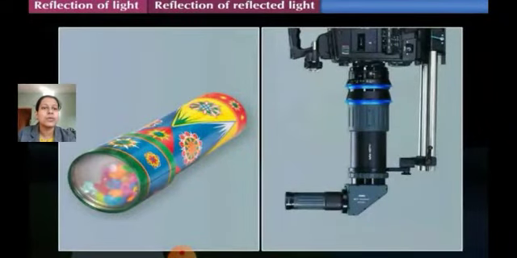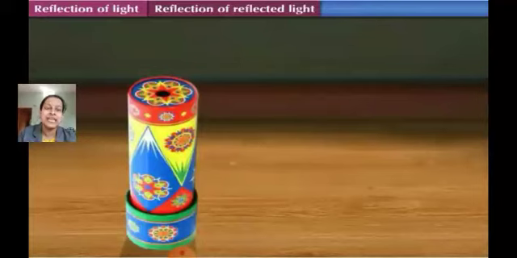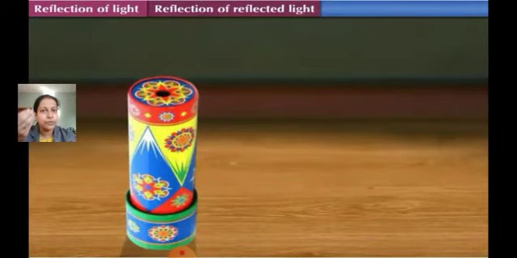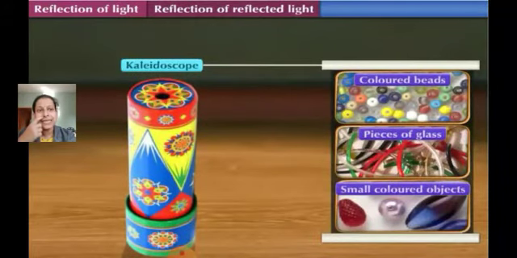You can see here two objects. Let us study in detail both of these objects. The first one, you might have seen this box like thing, which is called a kaleidoscope. If your parents brought one for you to play with, you might have seen so many colorful images formed inside it. Now let us try to prepare this kaleidoscope with a small activity. So what does this kaleidoscope